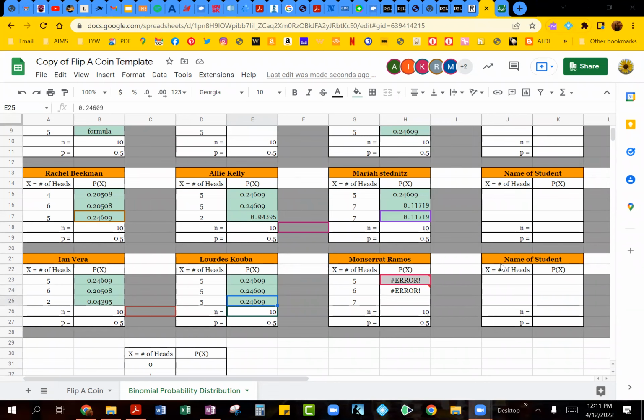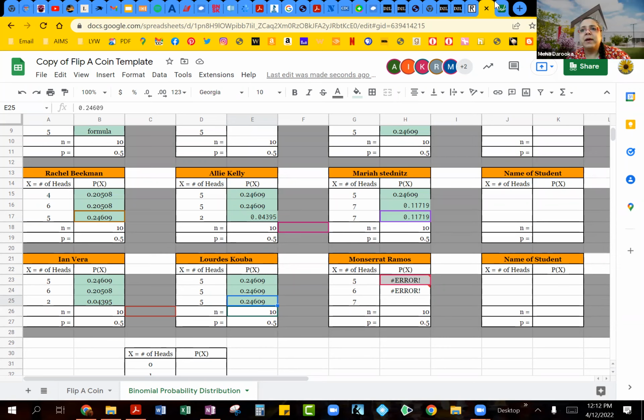Okay, so Caitlin, you asked me, how do you type in the probability of getting heads on a scientific calculator? Are you talking about doing this P of X calculation on your calculator? What kind of calculator do you have? Well, I was using the TI-30X that I have, but then I just decided to use Desmos instead. Okay. So if you're using the TI-30X,